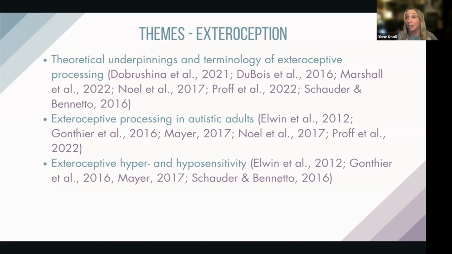And that one found, by Prof., anomalies in vision, sound, touch, and multisensory processing. Knoll et al. also found that autistic adults had a larger temporal binding window than neurotypical adults when processing both audiovisual and visual tactile information.